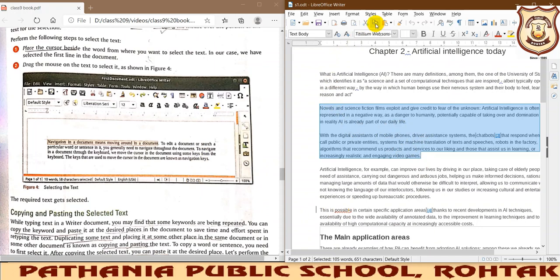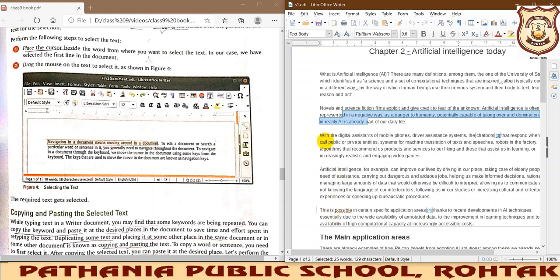The shortcut key is the same as it was in MS Word: Control plus C. This is your cut option, Control X, and this is your paste option, Control plus V. Okay, so if nothing is selected, you can see your copy and cut options are inactive. Once you select them, they will become active, so that the operation can be performed very easily.